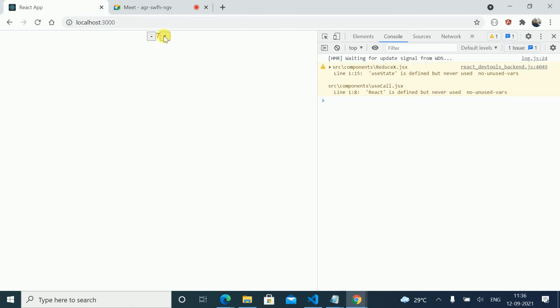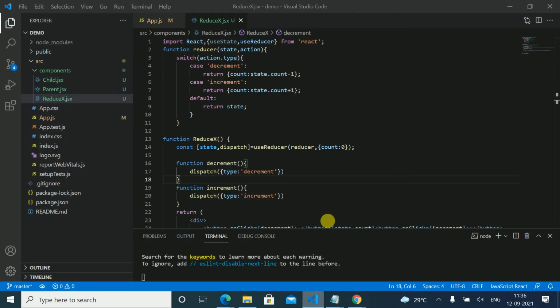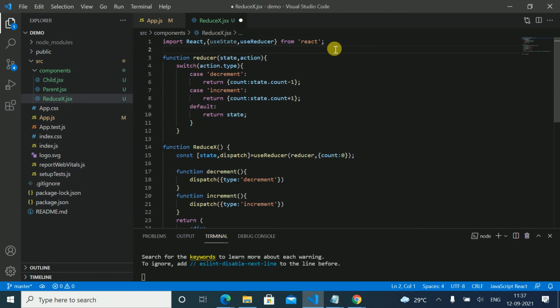Now this is increasing and this is decreasing the value, so it's working fine. So we have hard coded increment and decrement. Okay, so we will create here one constant object, actions,